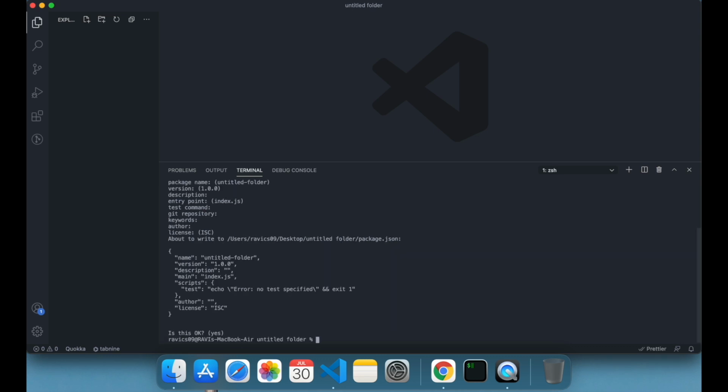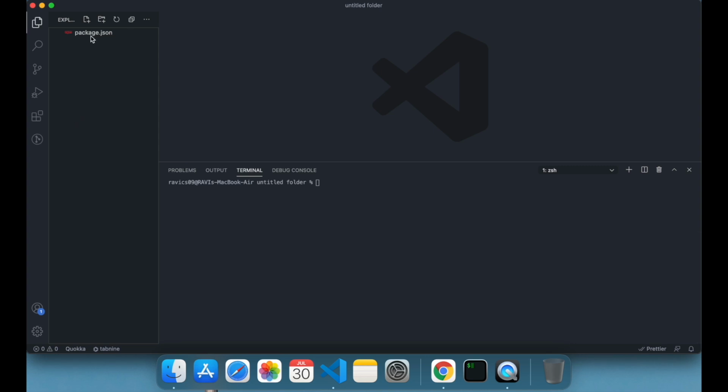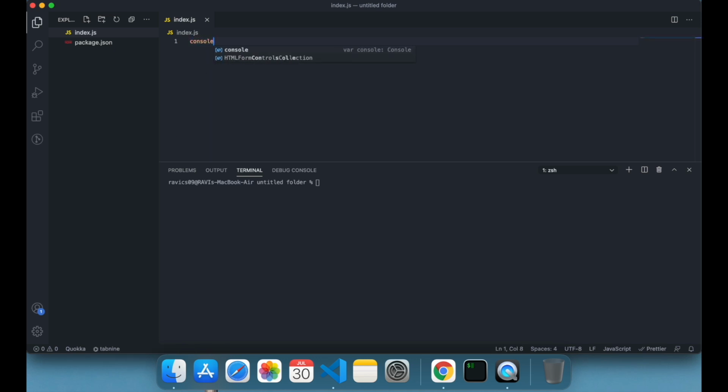Now inside this project you have to create a single file, index.js. Inside this index.js file you can write your JavaScript code. To run this code you have to use node index.js. Now you can see in the console hello world is printed.